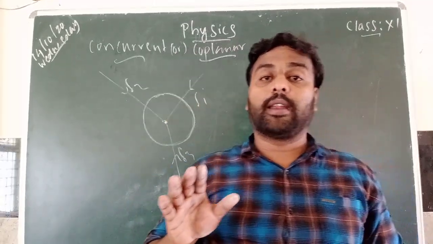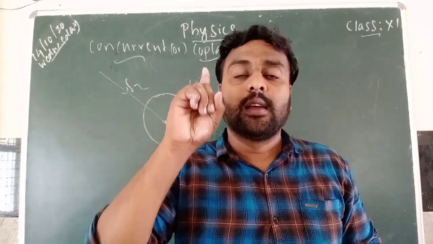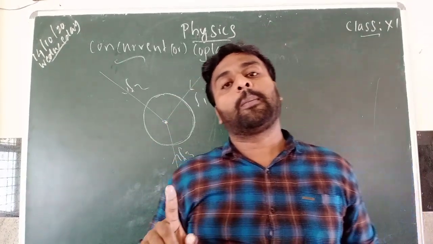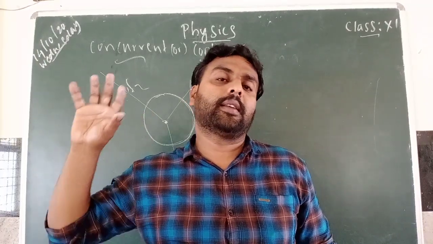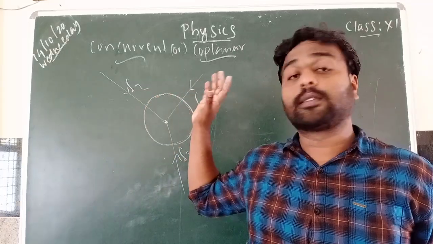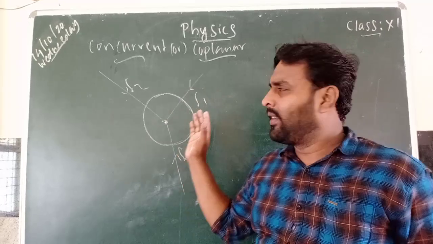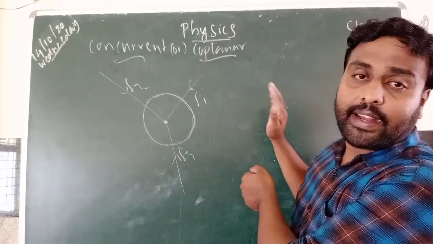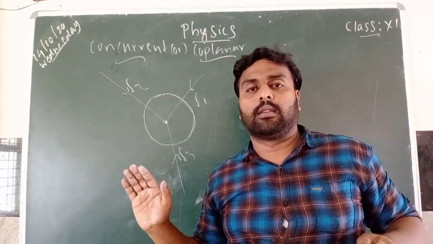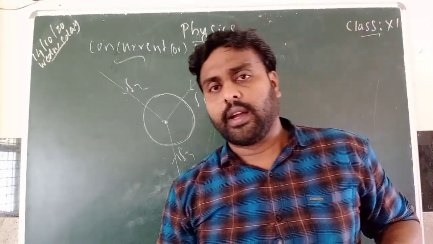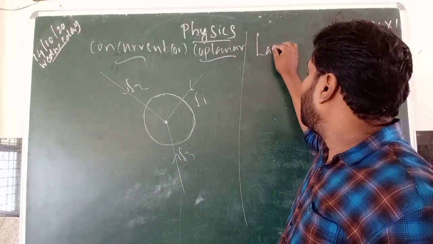In one same plane, three forces are acting at the same point. So we can say these are concurrent forces, or we can say these are coplanar forces. Understand? All the forces acting in a plane at the same point, we can tell they are coplanar forces. Based on this, Lami's theorem.